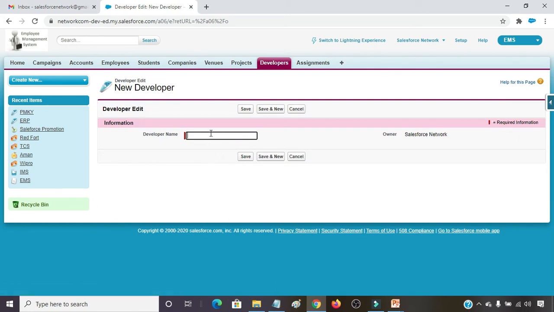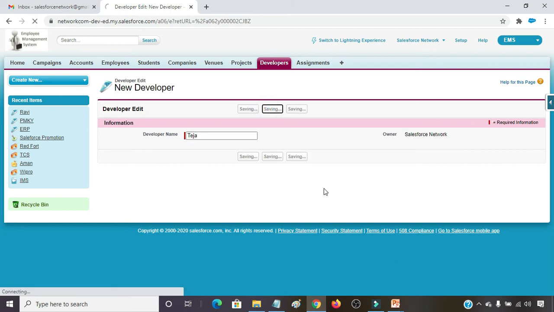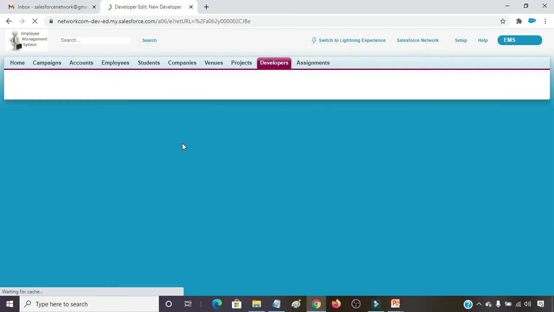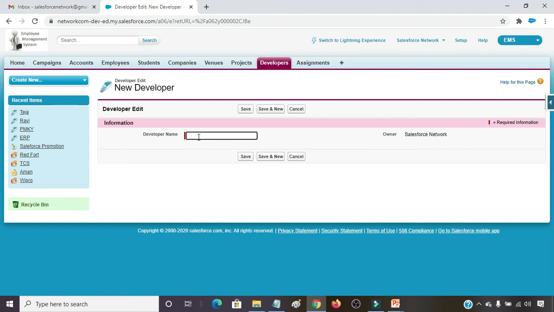Developer names I am going to give: Ravi, and the second name Teja, and the third name I am going to provide here Neha, and clicking on save button.